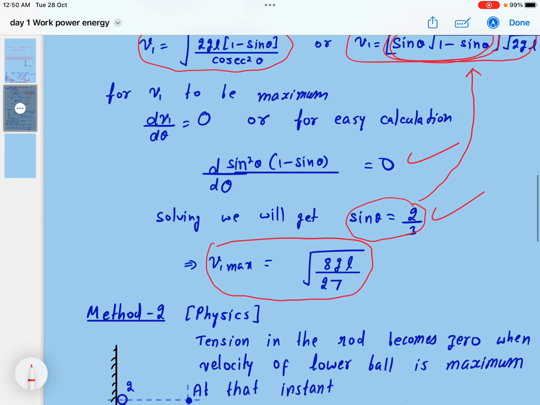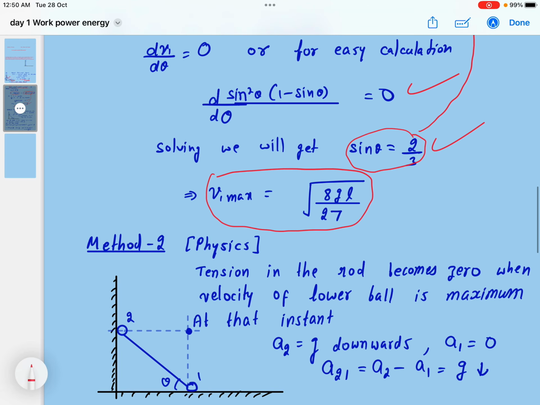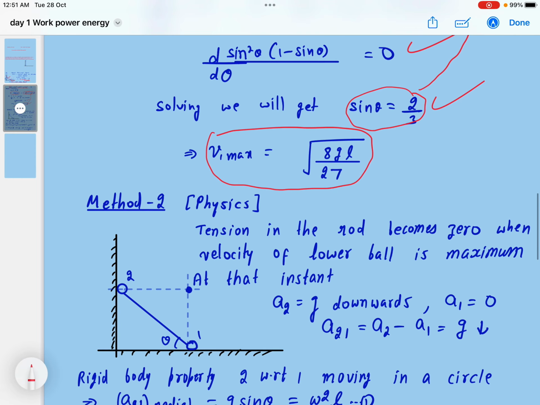Now method 2, beta. Method 2 is our physics method. Just like we solve questions in physics, first we need to do brainstorming, right? And then we can think what we can do. So if I am doing brainstorming here, clearly we can say here, the body, point 2, why